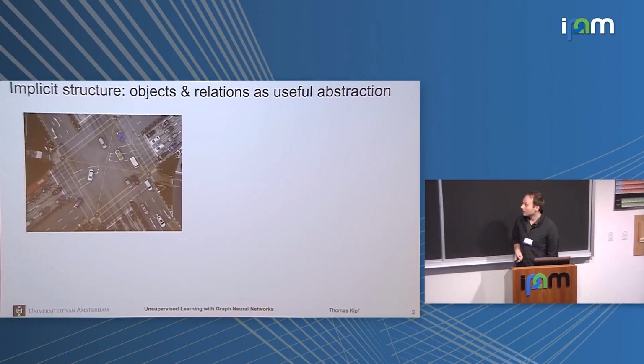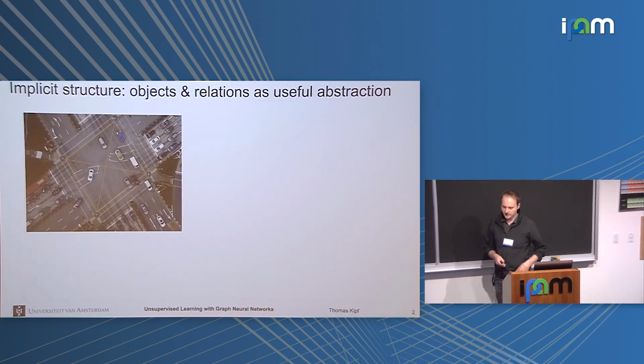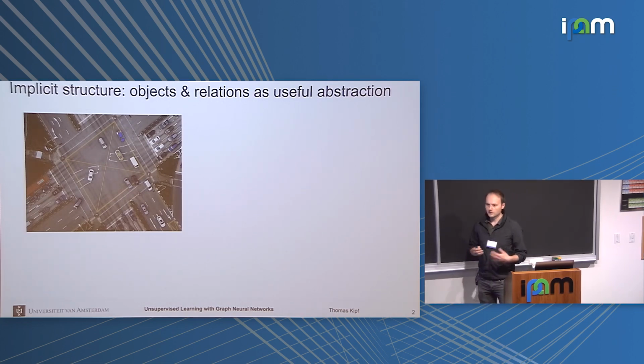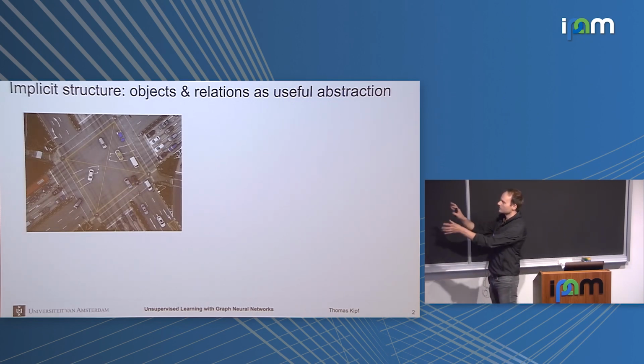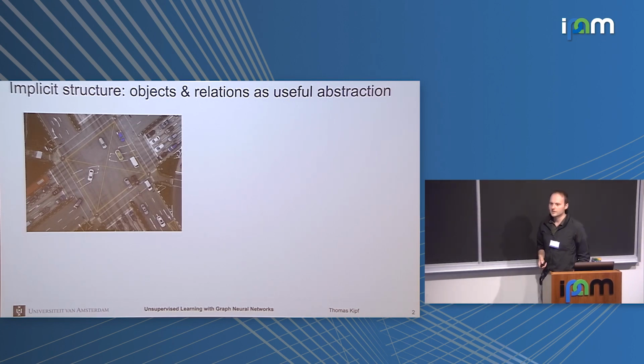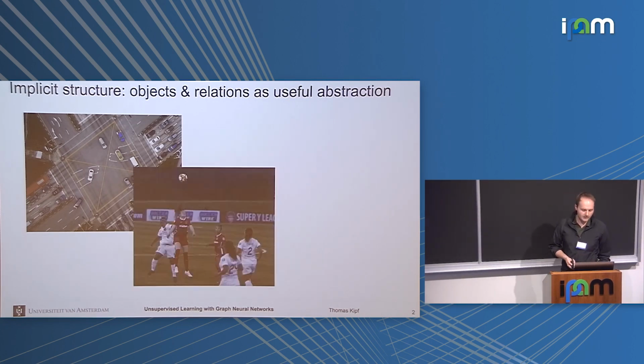To start, we know we have lots of graph datasets in the wild, but there's also another motivation for why learning with graph structured data is important. If you look at the world around you, you see a lot of implicit structure in your environment. If you look at this image of a traffic scene, you immediately recognize there are cars, different objects, and they have different relations between them, like one car is in front of another car. These entities and how they behave tell us how this scene evolves in the future. You can easily imagine what the next few time steps in this image would look like.